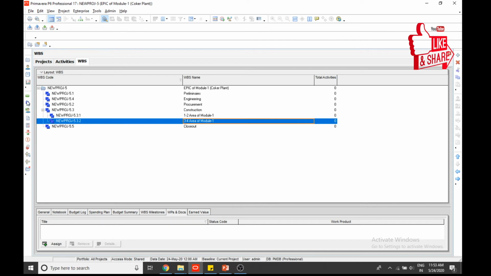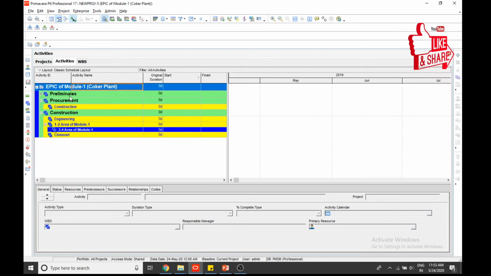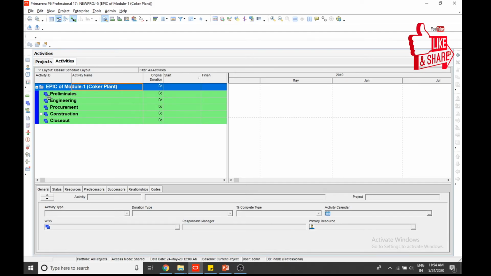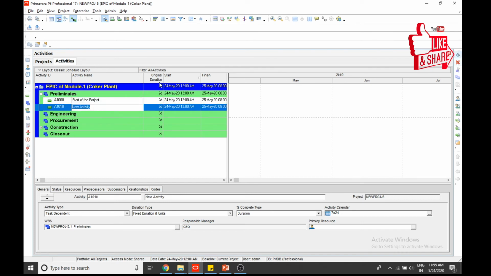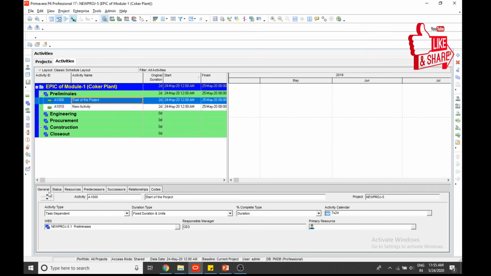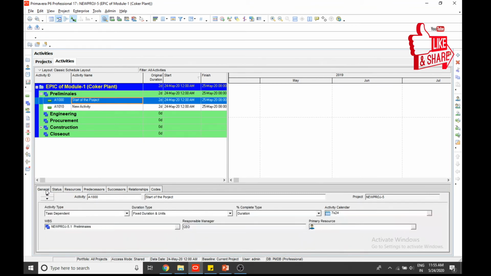Okay, now you go to activities again, and you can see here these are the WBS we have. There you go, we have preliminaries. In preliminaries you can add start of the project, it is a start milestone.